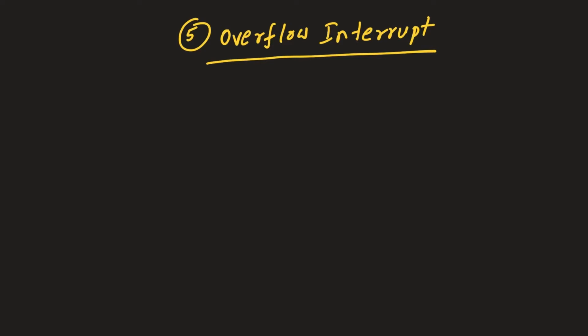The type 4 interrupt can also be initiated by the INTO instruction, that is, interrupt on overflow. One way of detecting the overflow error is to put the INTO instruction immediately after the arithmetic instruction in the program. After the arithmetic operation, if the overflow flag is not set, then the processor will consider the INTO instruction as no operation. But if the overflow flag is set, then 8086 will generate a type 4 interrupt which executes an ISR to indicate the overflow condition.